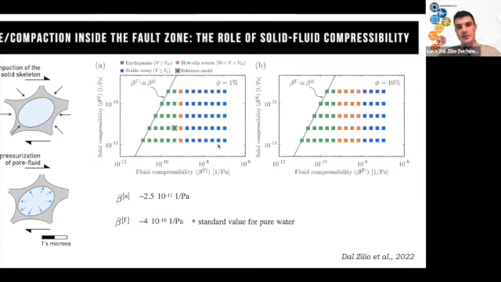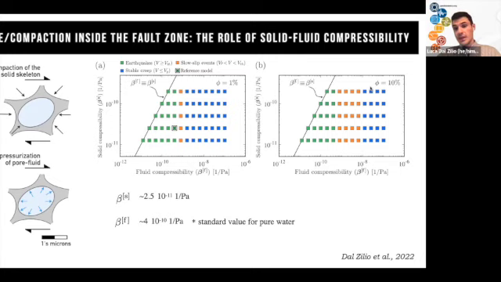And here you can see the evolution of this type of events, where we can either have seismic events when the compressibility is low because this mechanism is very efficient. And then we transition towards slow slip events and stable creep. And here in this case, you can see that the pattern is still very similar, but the window where we observe slow slip events tends to be higher, simply because for higher porosity, we can also observe a stronger compaction